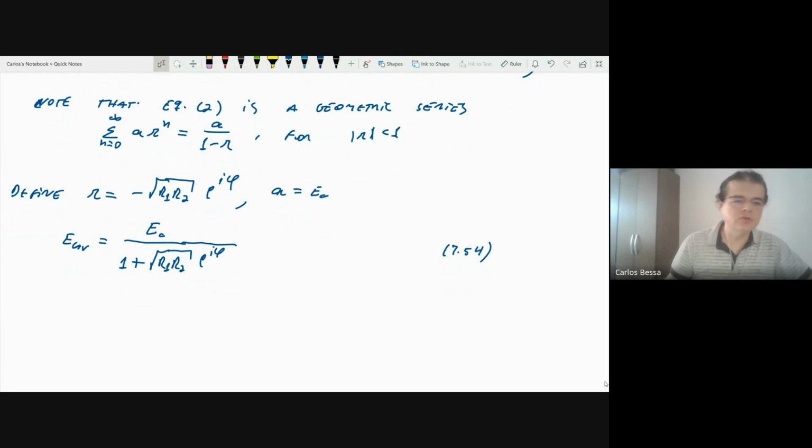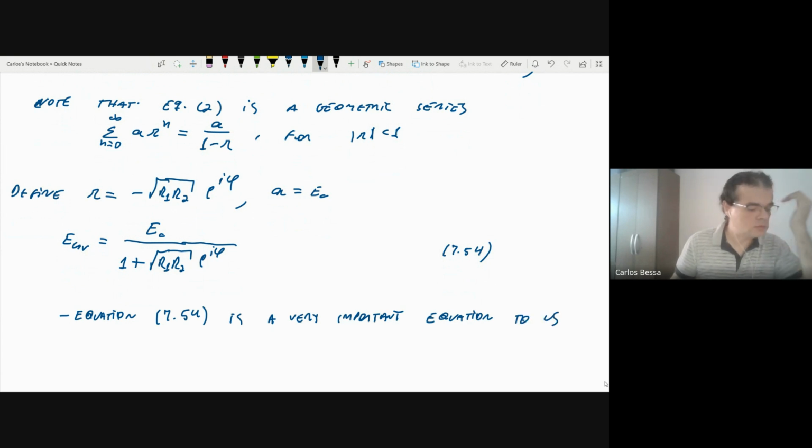Okay, so this equation 7.54 is a very important equation to us. Very important equation to us